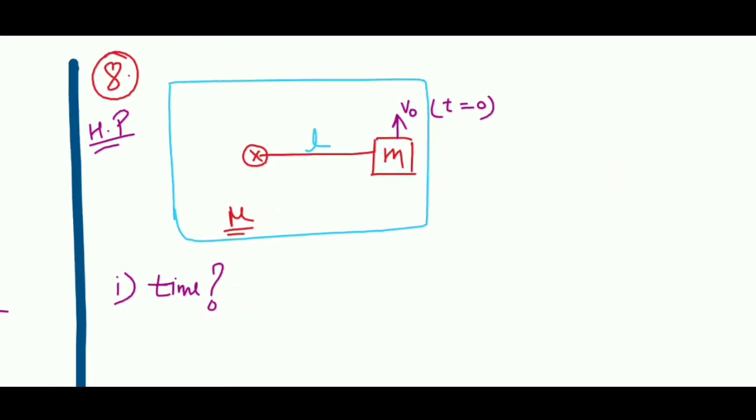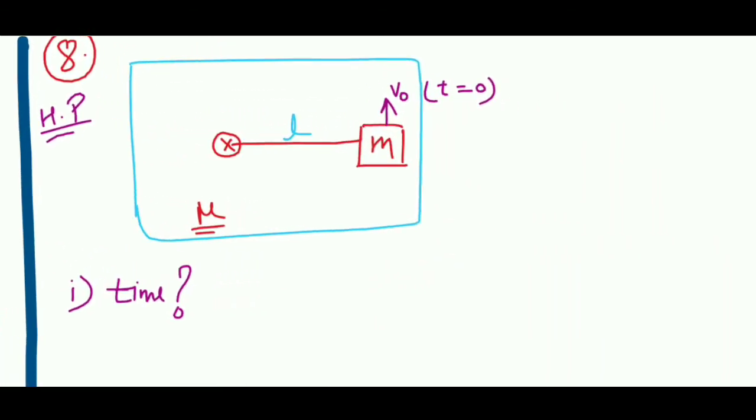So first of all, try to think, why will it come to rest? As soon as you have given the velocity, who would want this box to stop? Friction never wants separation between the two objects. So over here, friction cannot move the table with the block, so it will try to stop the block. Are you getting it? Now, to stop the block, how should we apply friction?